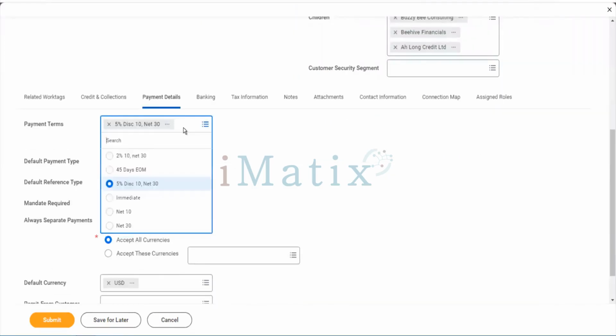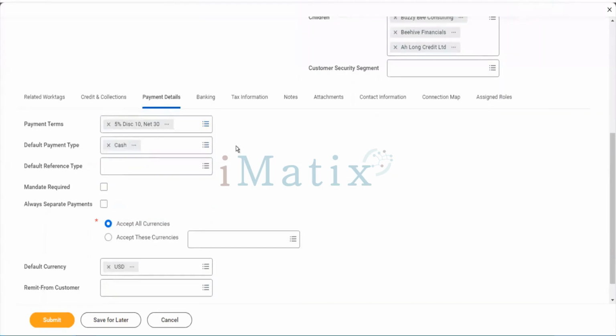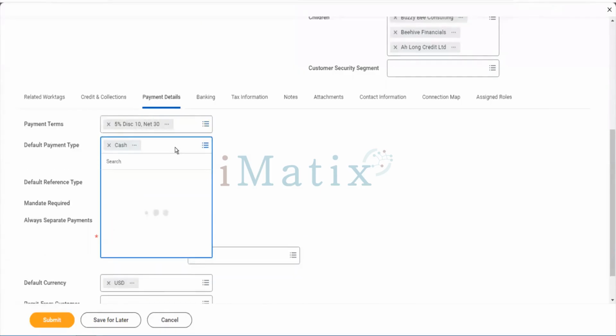Payment term we have selected here, net 30. Now the default payment type: how the customer would pay.